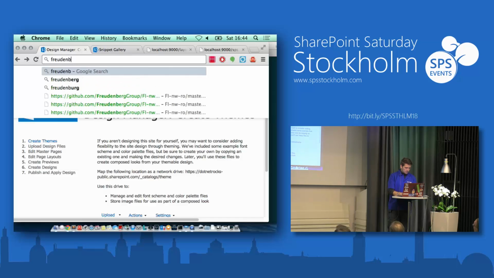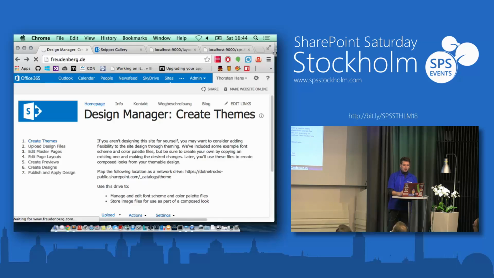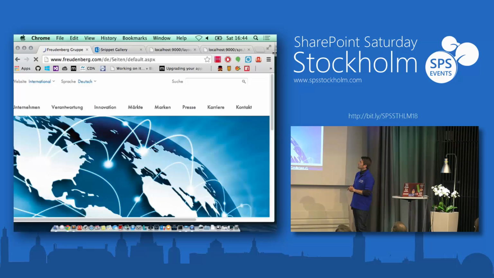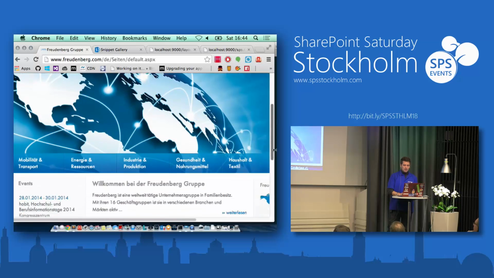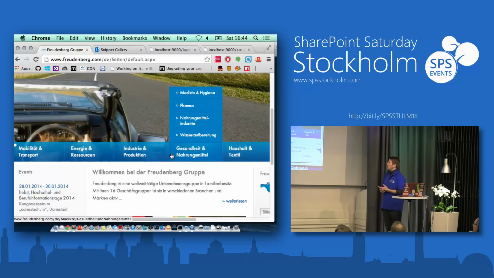Let's try. So that's one of the biggest projects that we have built with the Yeoman workflow. Of course, there is a lot of SharePoint development going on in the back for delivering all the content, but